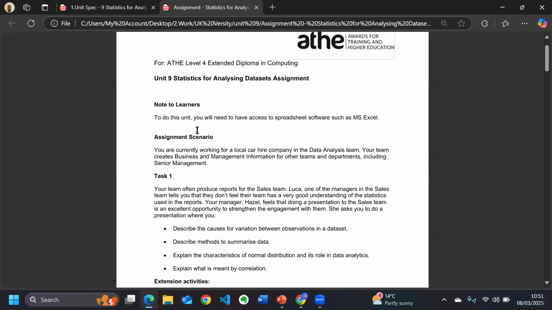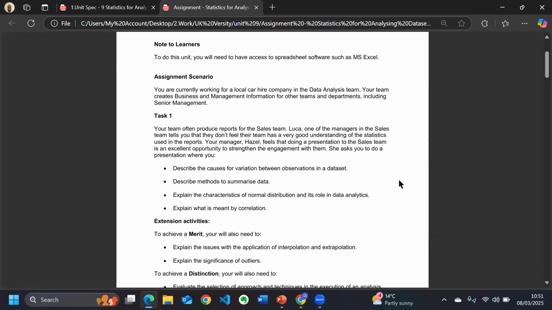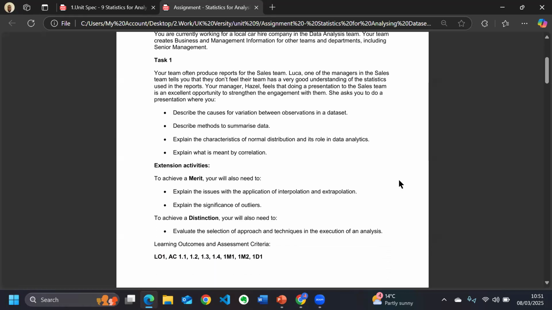So note for the learner, to do this unit, you will need to have access to spreadsheet software, such as Microsoft Excel. So we've been given a scenario where you're currently working for a local car hire company in the data analysis team. Your team creates business and management information for other teams and departments, including senior management. So task number one,